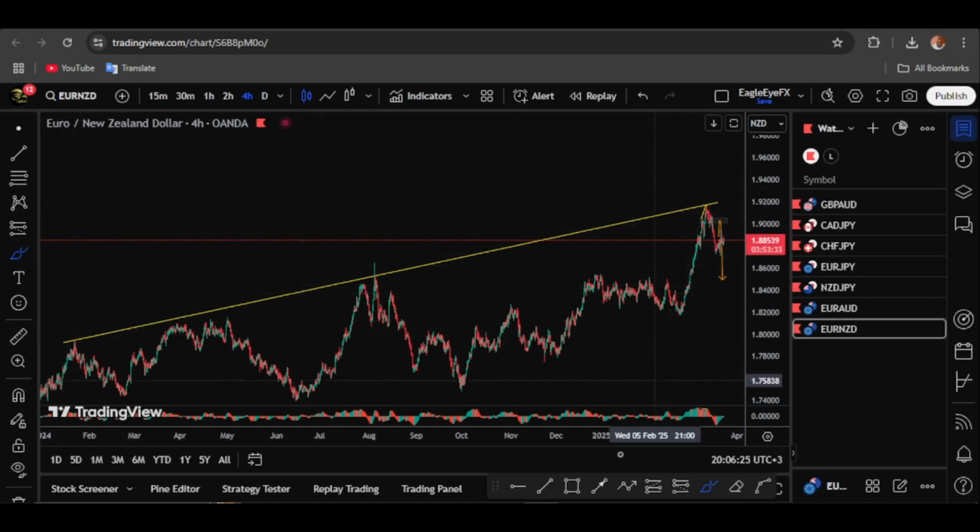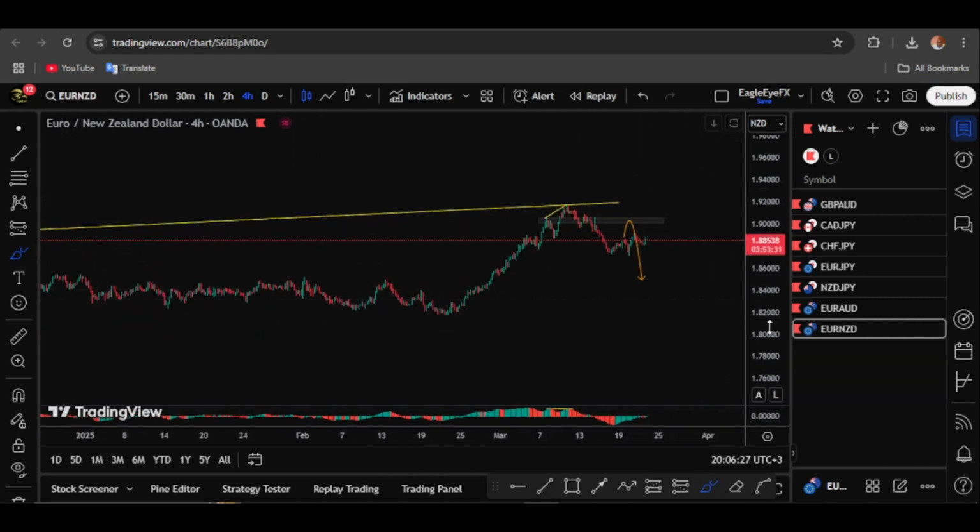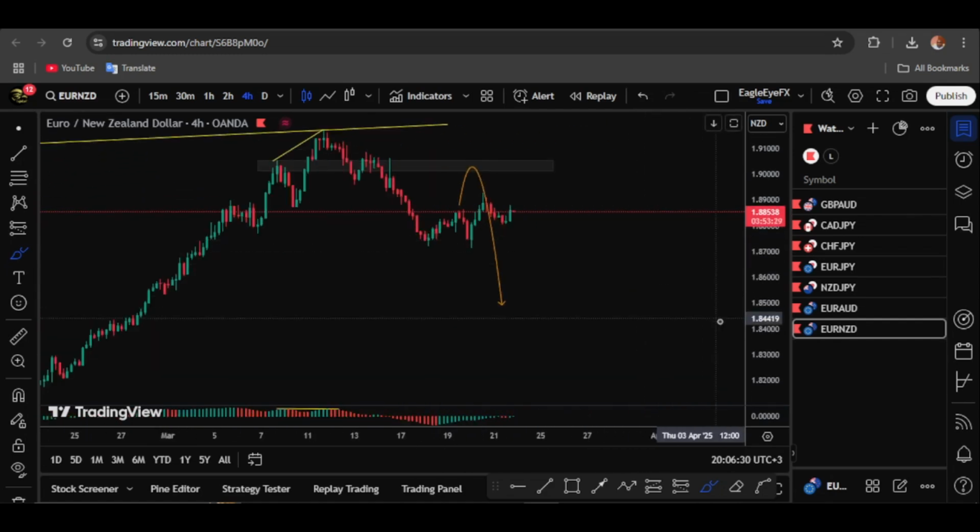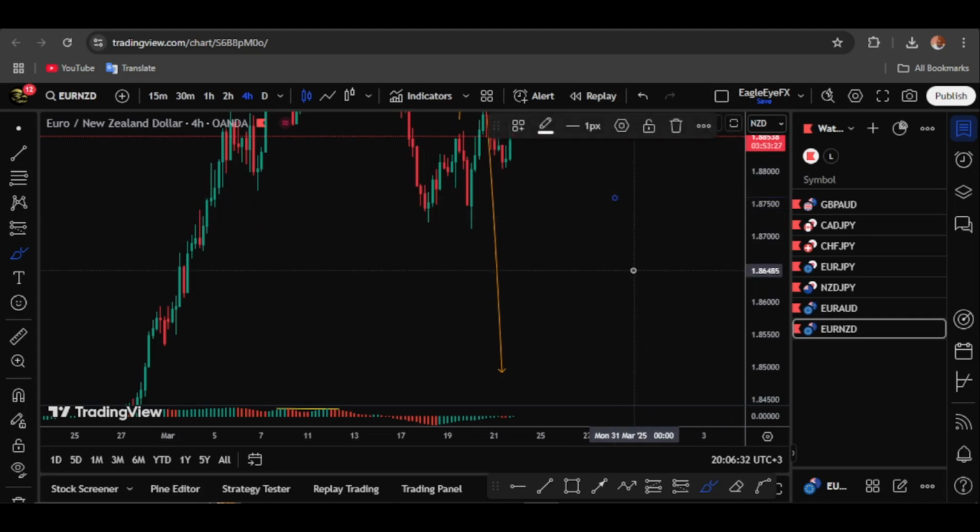It has actually tapped that high over there. So we'll be interested to look for what? We'll be interested to look for selling opportunities. So that's how simple it is, guys. How you can be able to master this